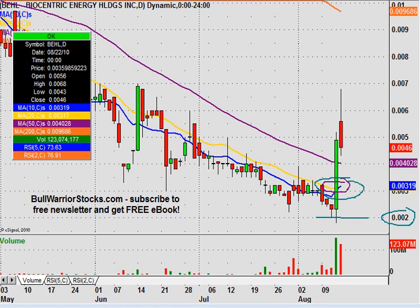But if these support levels do hold, that's how you answer the question of, is this really a strong move? Whatever caused it, I don't know, and I don't really care. All I care about is, is there any genuine strength behind this? If there is genuine strength, then these support levels should hold. Like I said, the 50-day doesn't have to hold, but the 10 and 20 down here are kind of the